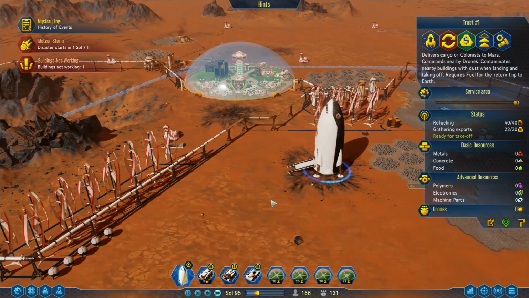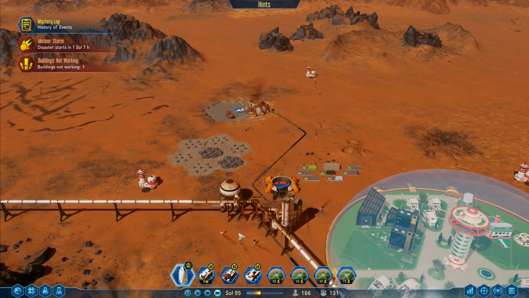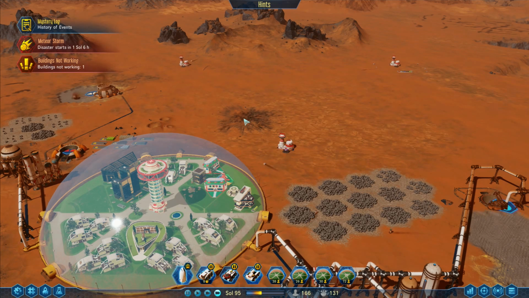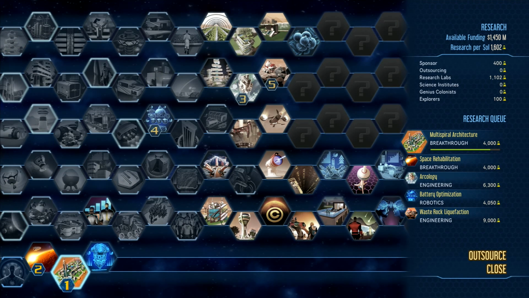Now, you have 22 exports. You'll soon be ready to take off, and you can take some exports back with you. The extra spire is going to be ready very soon, I think. That's the one that we're doing, isn't it? Yeah. Go into there, and